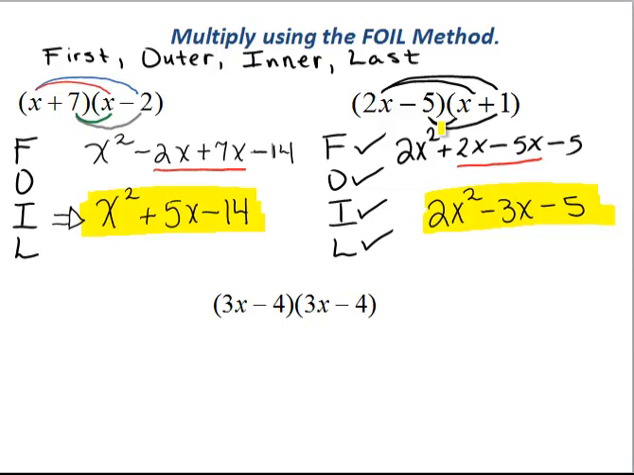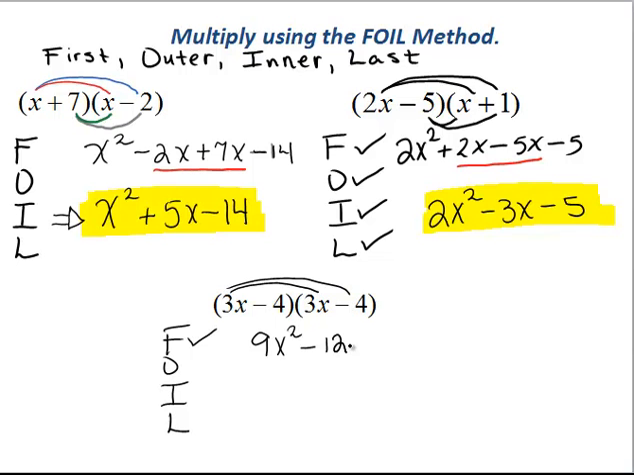Now on our last example here, again, let's write out FOIL. First, outer, inner, last. It serves as a good checklist for us. So we multiply the first two terms, 3x times 3x. We get 9x squared, since 3 times 3 is 9, and x times x is x squared. Check that off. Our outer terms, 3x times negative 4, which is 3 times negative 4 is